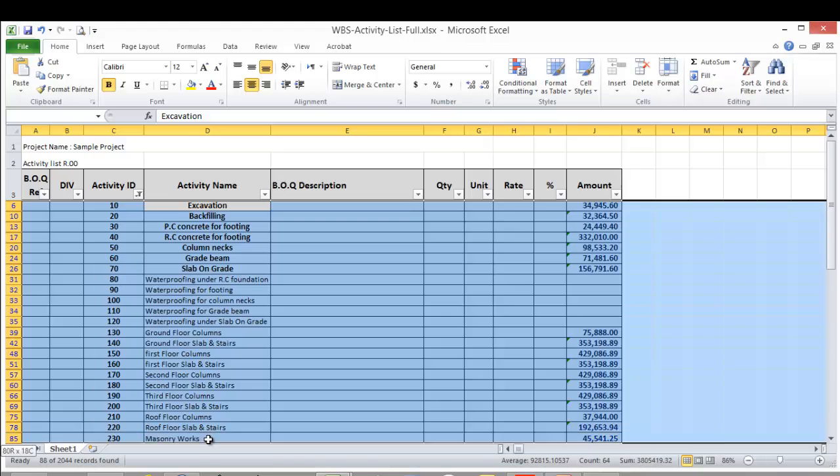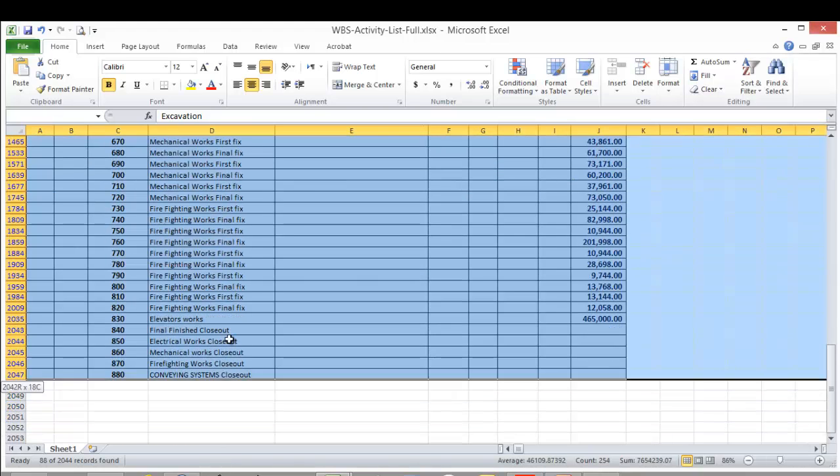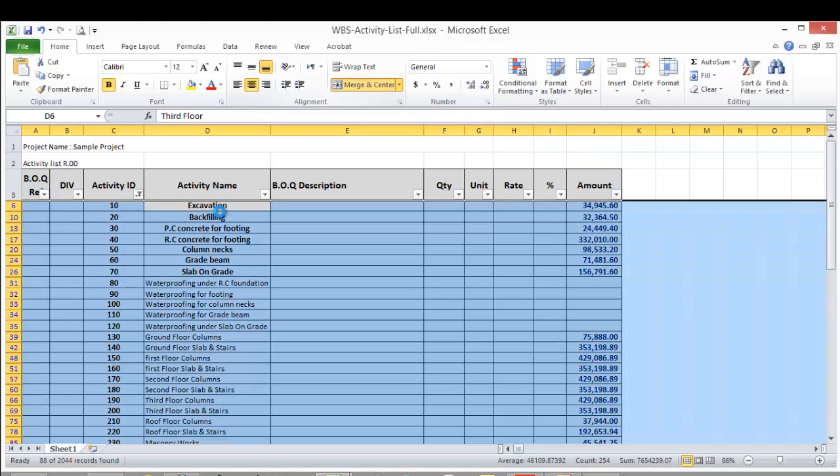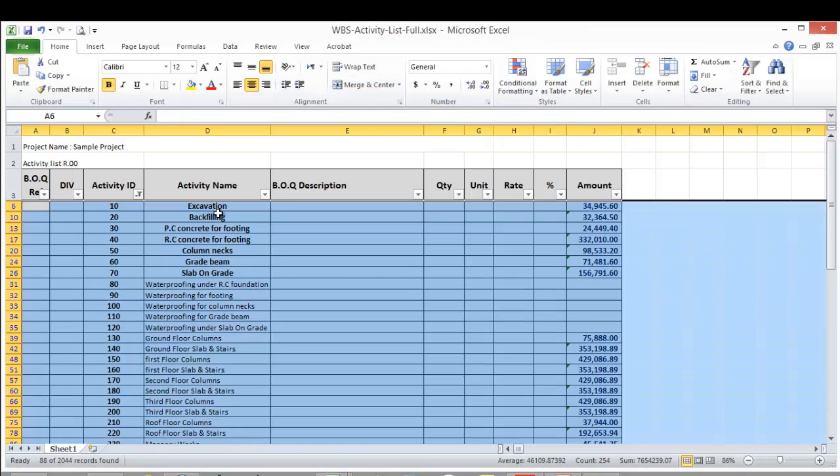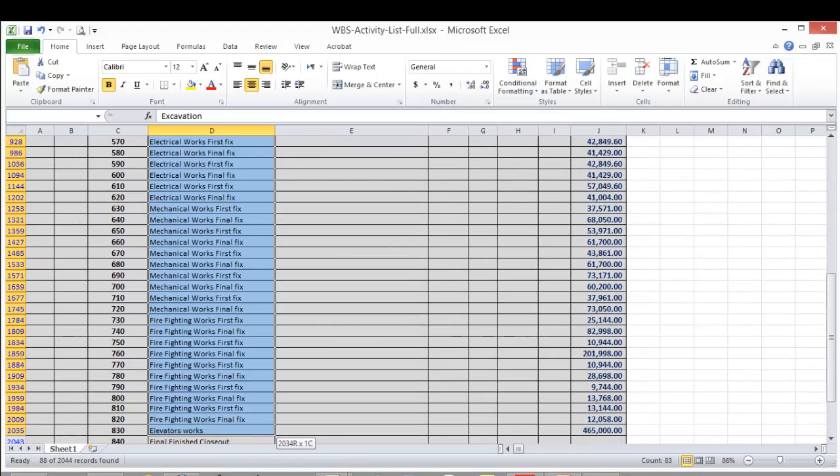In order to be able to copy this, I'll remove any merged cells. Then I'll be able to select all of these.